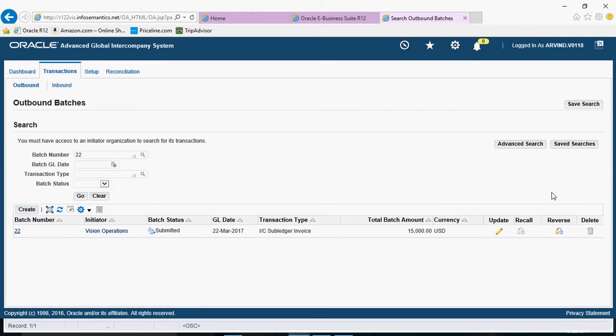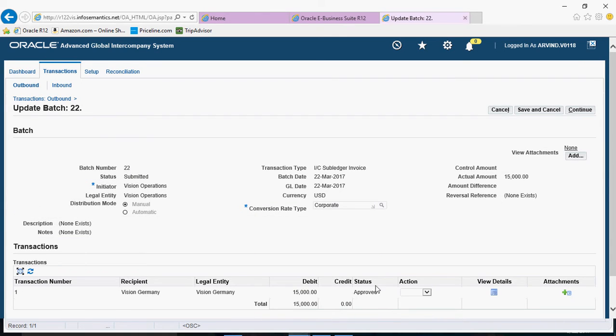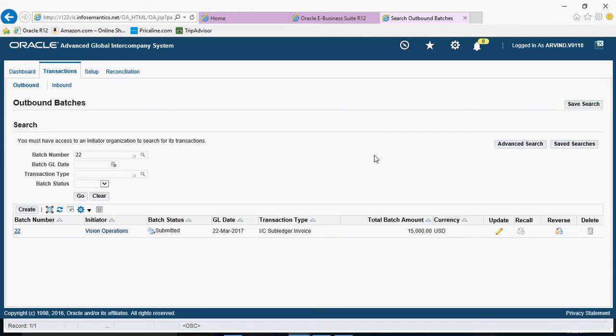If approval is enabled for this transaction type, then it goes to approval. In the current case, I have picked a transaction type where approval is not enabled. So after a couple of seconds, if I requery this, I should be able to see the status of this transaction as approved. Once the transaction is approved, you can run the corresponding programs which will generate the invoices